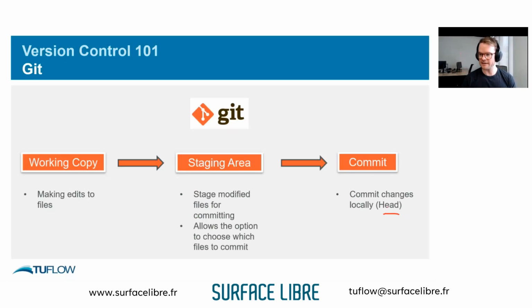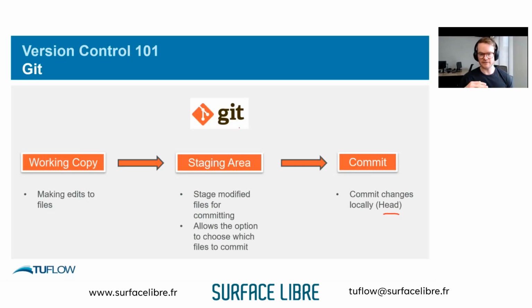So if you go away and work with Git or KART, you'll probably see the word head floating around a little bit. That just means it's the latest commit. That's all. And then, of course, after you commit, you can go back to step 1, start editing some different files, stage, commit, and you can repeat till you're finished.